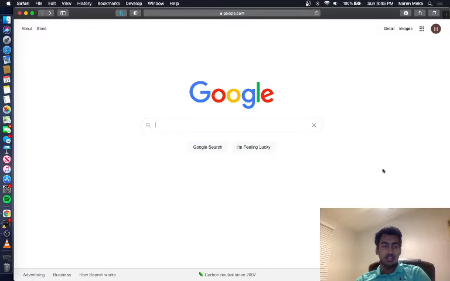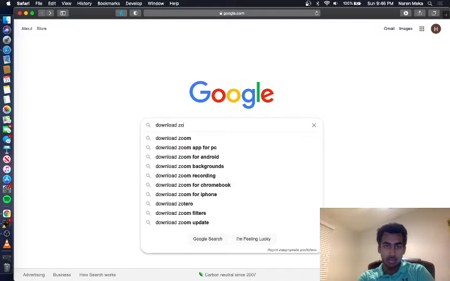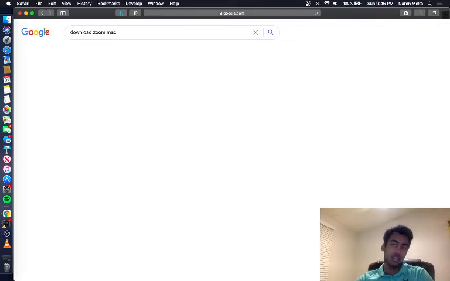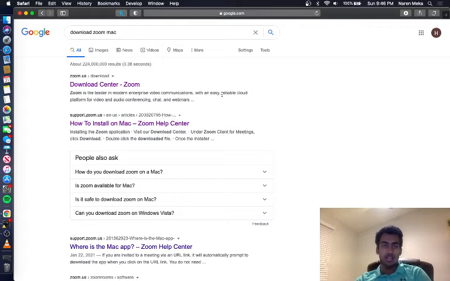So, the first step to downloading Zoom on a Mac is to go to a browser, whether it be Safari, Firefox, or Chrome. Any of those will work. Just go to google.com and type in download Zoom Mac, because we are on a Mac. And we want to click the first link, or if it's not the first link, it should say Download Center